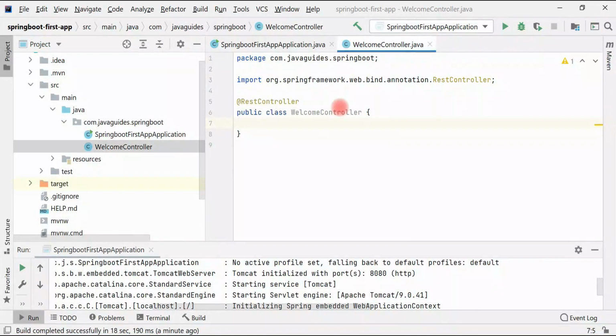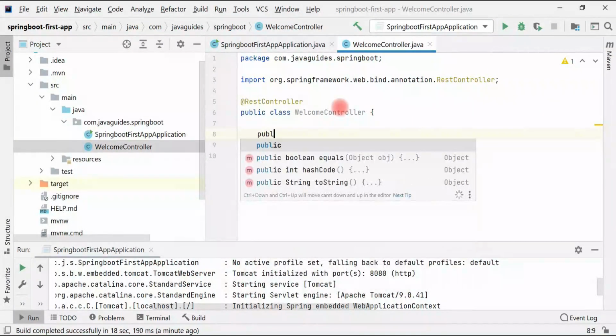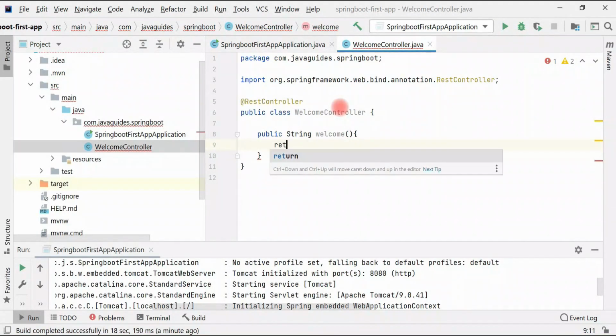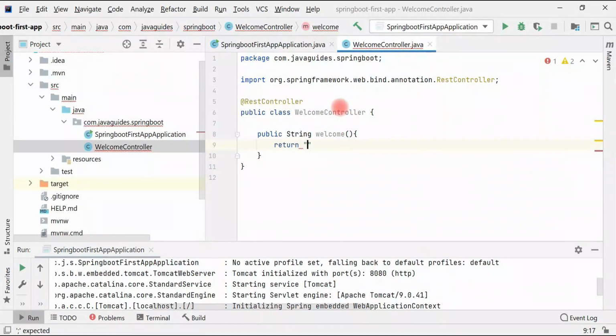and inside this controller let's create a public method. To keep it simple, the REST API I'm going to develop returns a simple string. Let's give the method name as welcome and just return "Welcome to Spring Boot world", something like this.